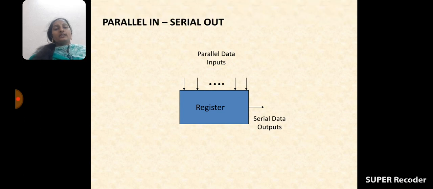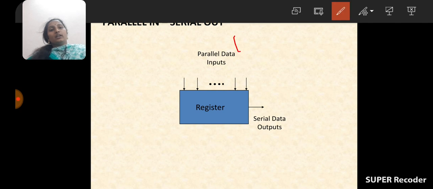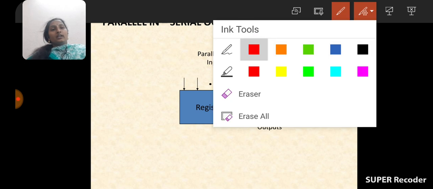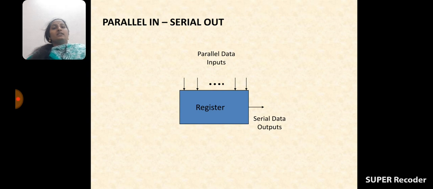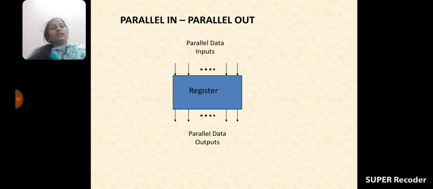So in a parallel in, serial out shift register, all the data bits must be entered at the same time into the register, and they must be moved bit by bit from the register, so it requires 1 clock pulse for entering the data and n clock pulses for receiving the data. So the number of clock pulses required by parallel in serial out and serial in parallel out are the same. Okay, and see here, the last one is parallel in,